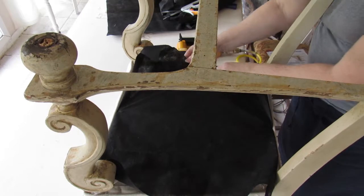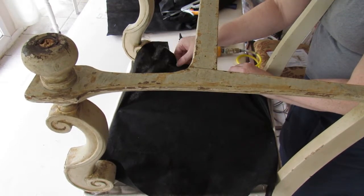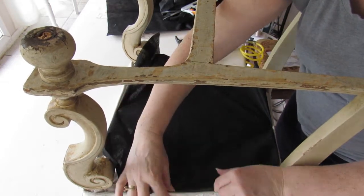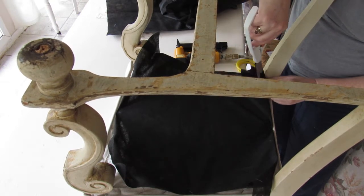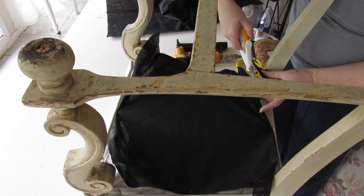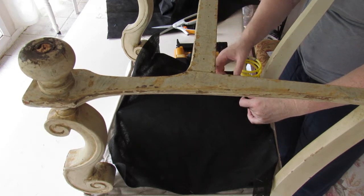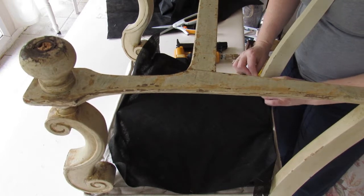I'm going to do the same on this side. Just going to roll it underneath. Make sure any threads that are hanging around are hidden underneath it. And then on this side, I'm going to just cut down at a 45-degree angle into the corner, and I'm going to cut some of this extra fabric off underneath because I don't need that. Pull it back so it makes an inverted V. Pull it around to make sure it fits. Pull it underneath